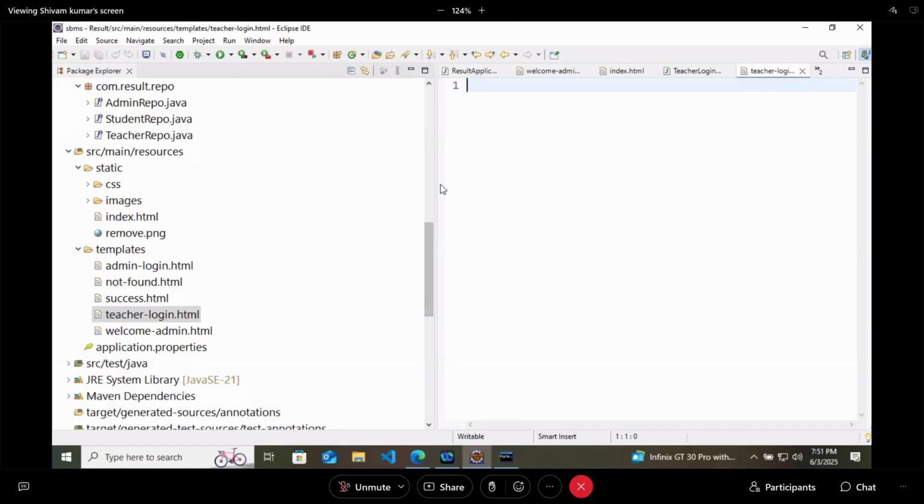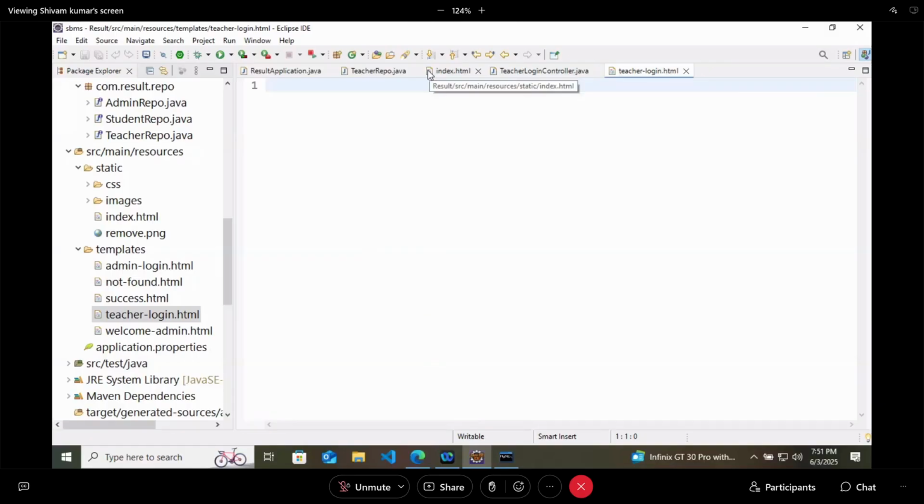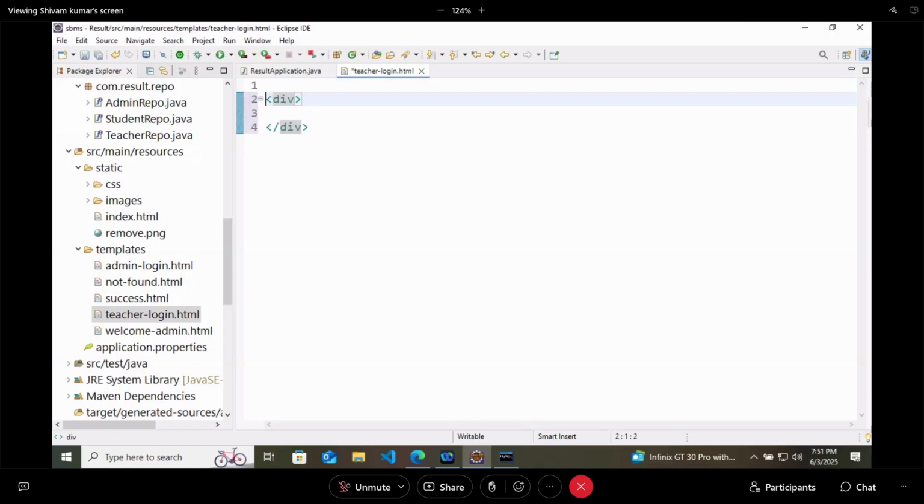Inside this, I will create a form. Again, form will have two things, action equals to something and method equals to something. Method will be post only, as you have to log in with the name or password or ID or password. Anything you can use. So we should create a login form, that is label,